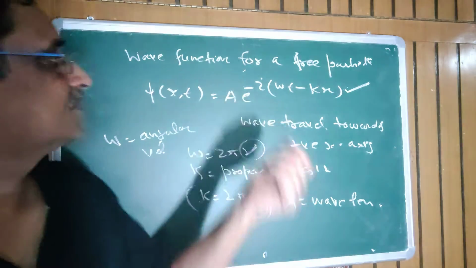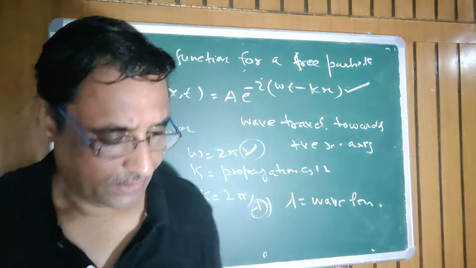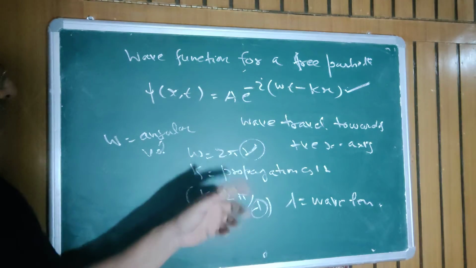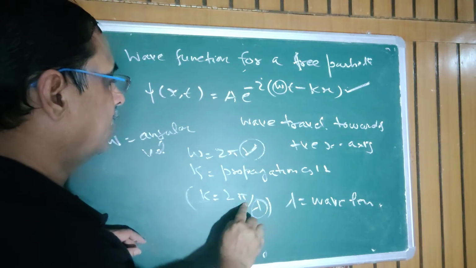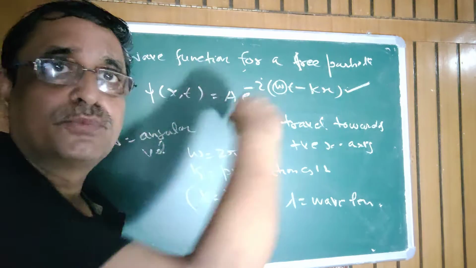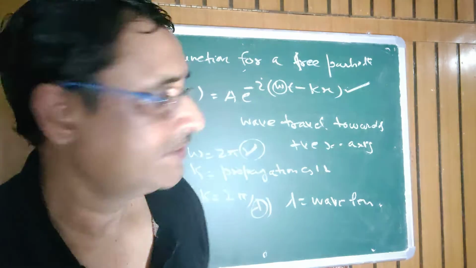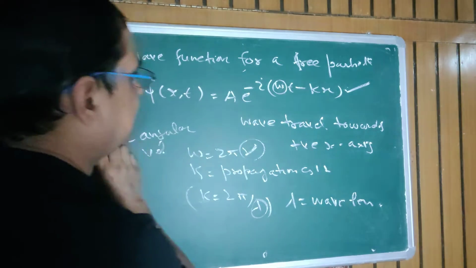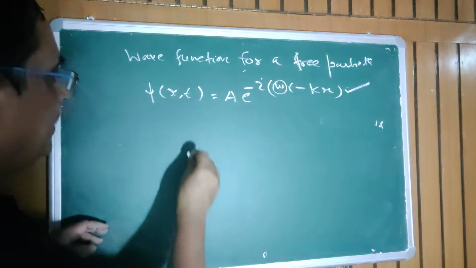So how is it written? It will be characterized by the wave function psi(x,t), and this is a very, very important equation which you have to write in this manner. And then if you substitute the value of omega, omega is equal to what? 2 pi nu. In place of k, write 2 pi by lambda. You take 2 pi outside, and then you can see the equation. Yesterday I had given you this equation. So after substituting these values, what you will be getting is that psi